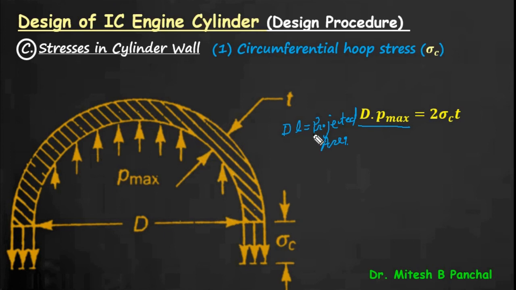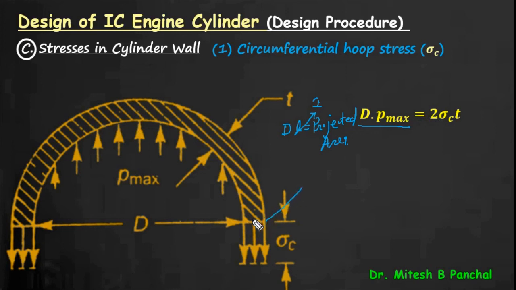When we consider the unit length of the cylinder for the design, L equal to 1, then the applied force is D into P max, which is resisted by 2 sigma c into